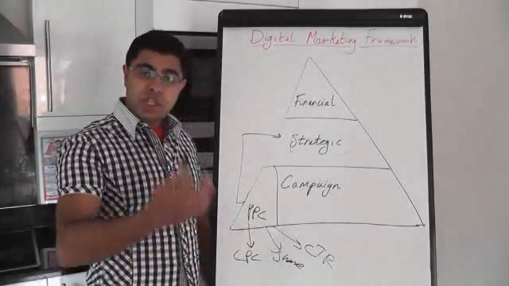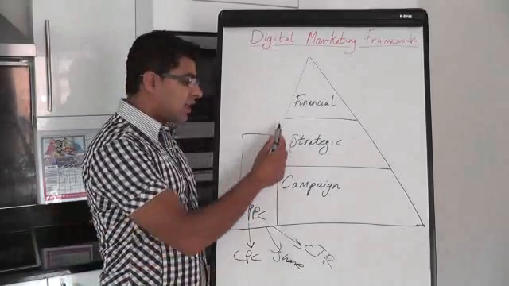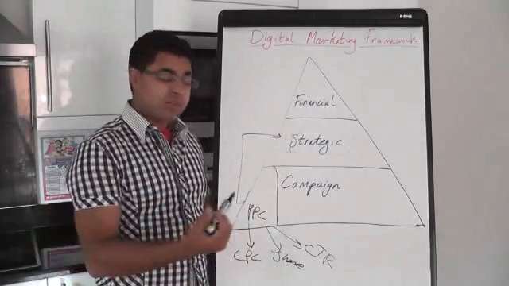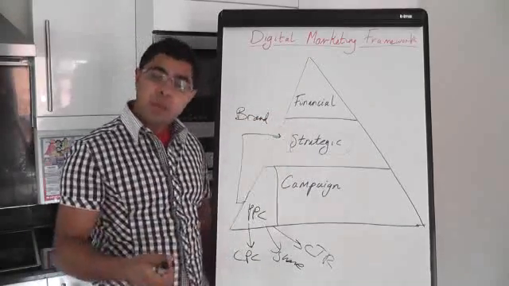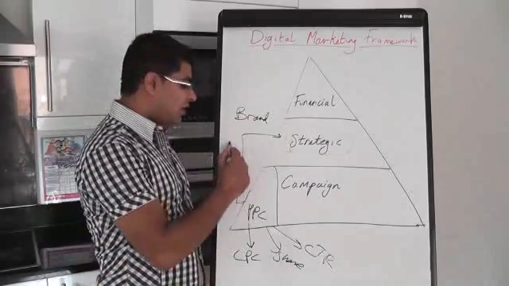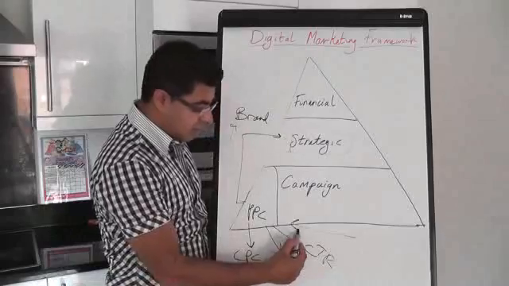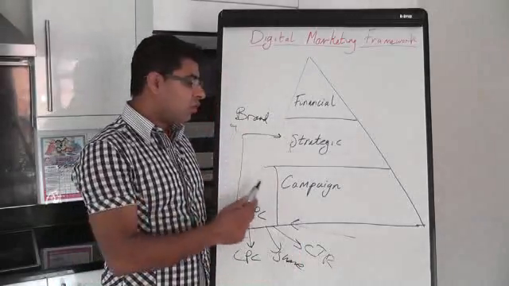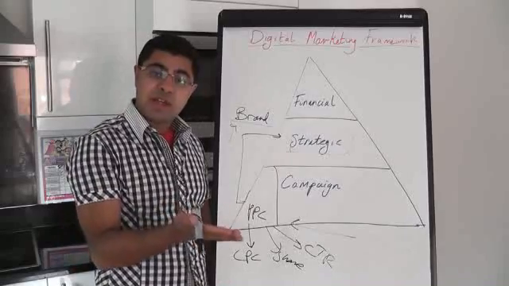Well, when it comes to strategic objectives, you'll be looking at more along the lines of brand-based metrics. So you'll be looking at how much uplift you've had on your brand keyword terms. Your brand keyword terms would normally be your company name or the name of the product that you're selling. So have you had an uplift in brand keyword terms? There are lots of other metrics which will affect PPC. However, overall, you'll be looking at brand keyword terms and how much of an uplift you've had in that,